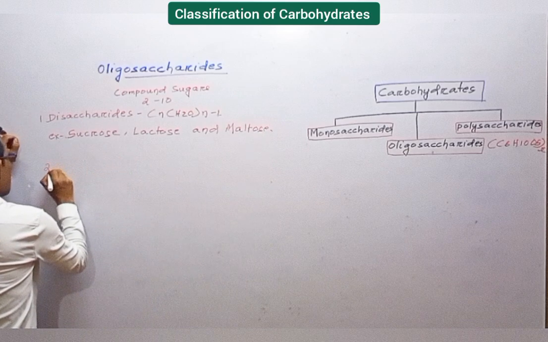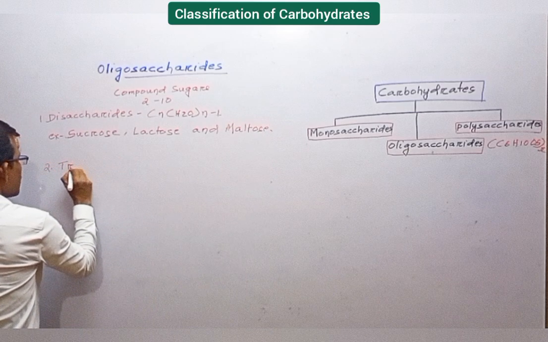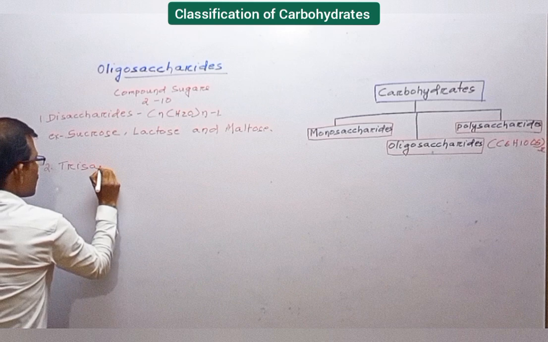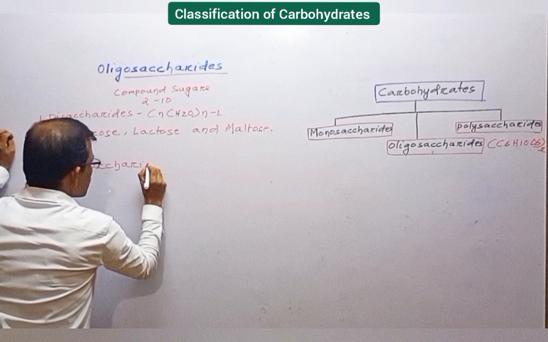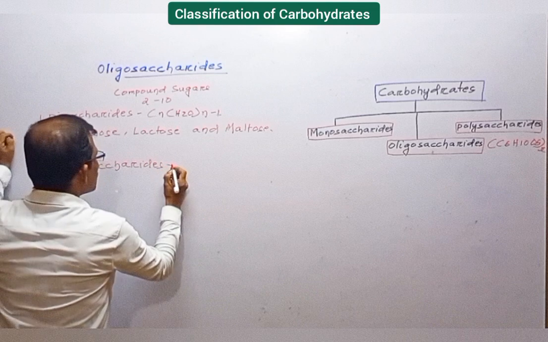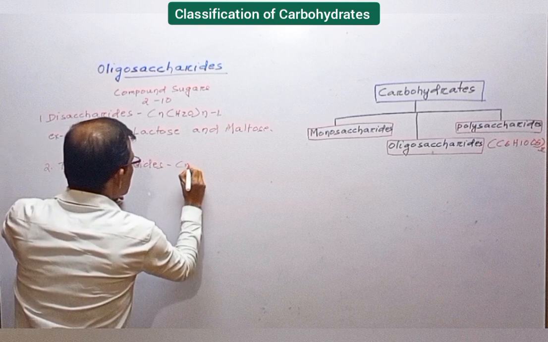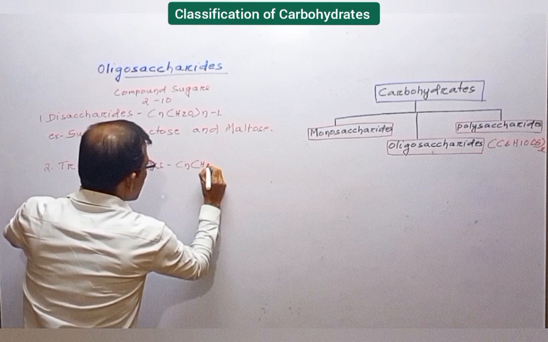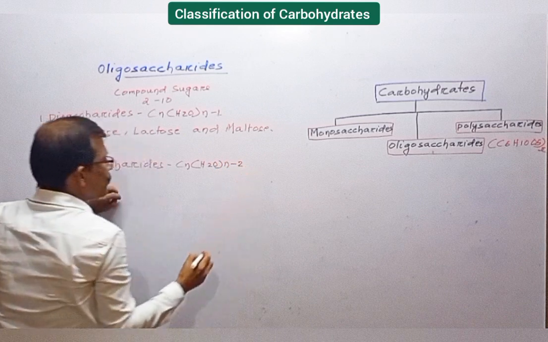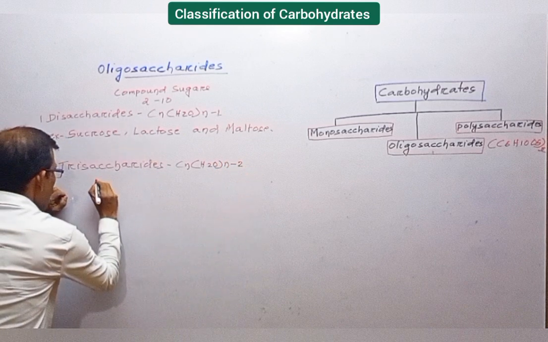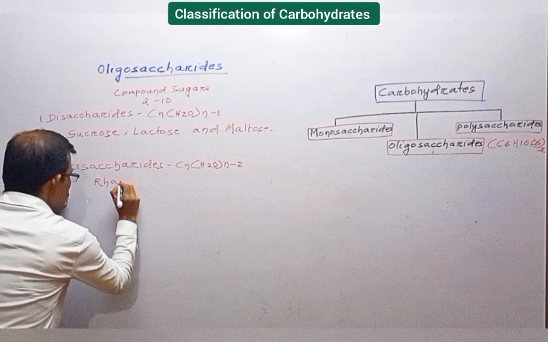Next one is trisaccharides, which consist of 3 monosaccharide units. General formula is CnH2n-4On-2. Examples are rhamnose